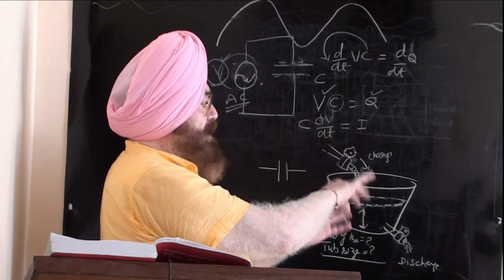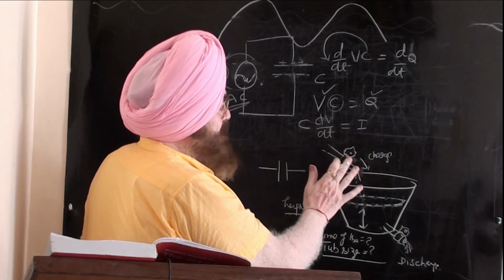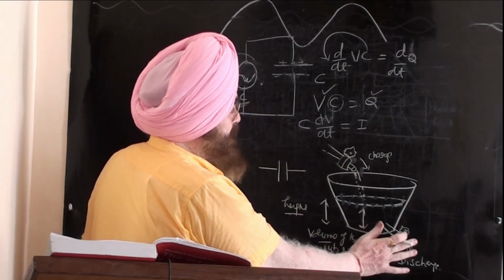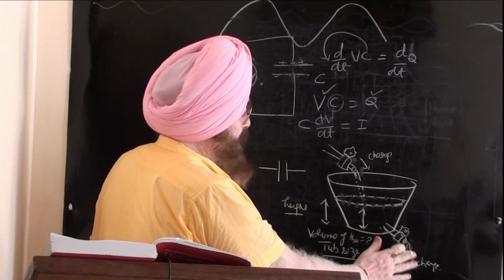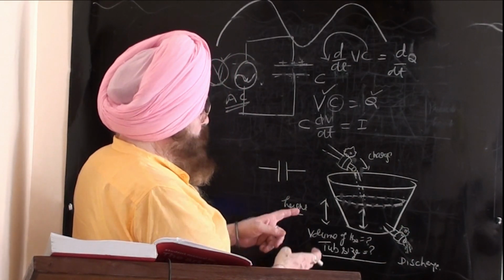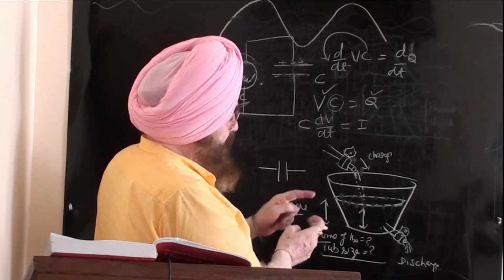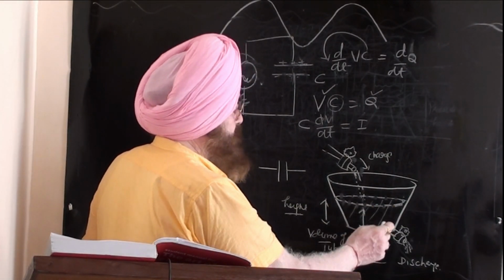If it is coming in, it is charging. So with this knob and this knob, what is coming in and what is going out means charging or discharging. And what about the height